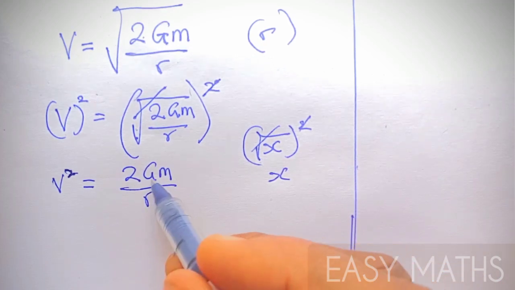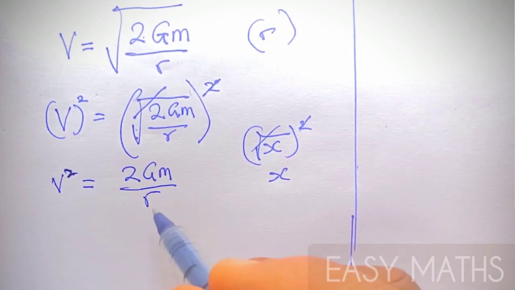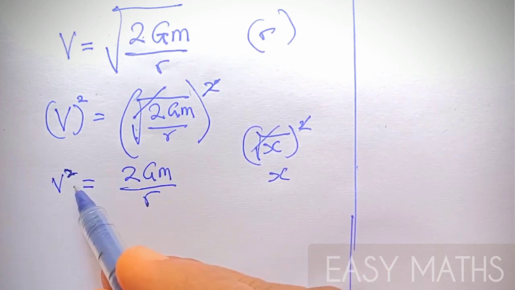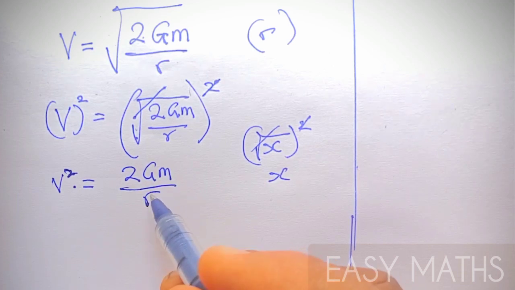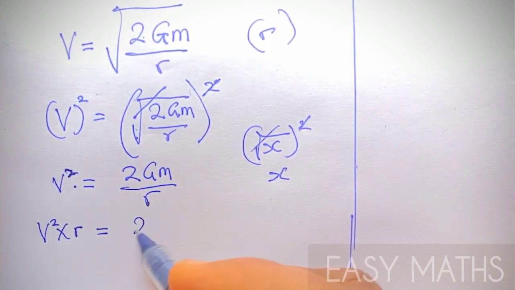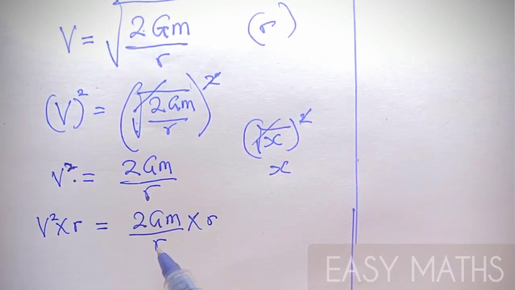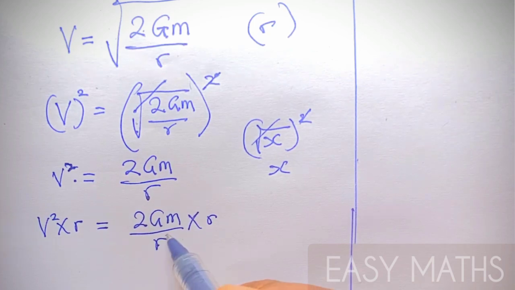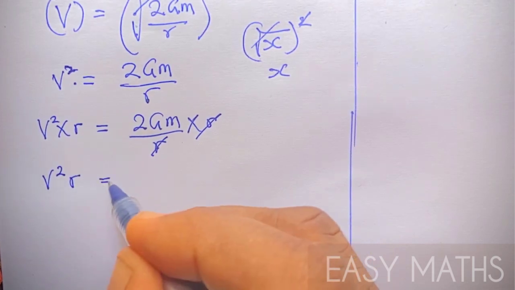Now let's see how we can push other variables to the other side. Now there are two methods to do this. The first step is to move the r to this side. So what do we do? R is dividing these variables 2gm. So the inverse of division is multiplication. So we're going to multiply both sides by r. We're going to have v squared times r equals 2gm over r times r. All right. Okay. So since this is dividing, all of this will cancel out this. We're going to have v squared r equals